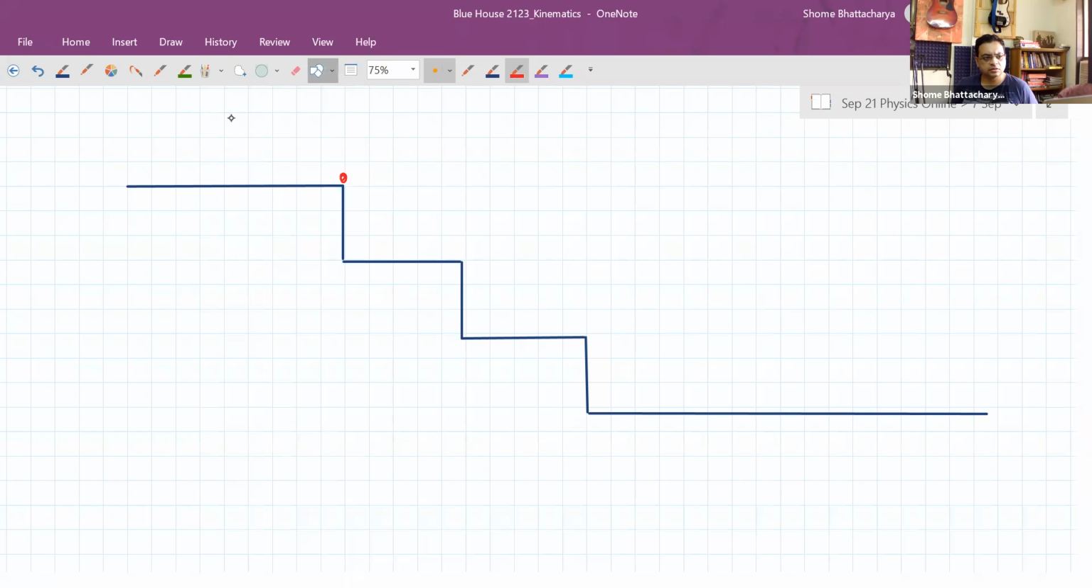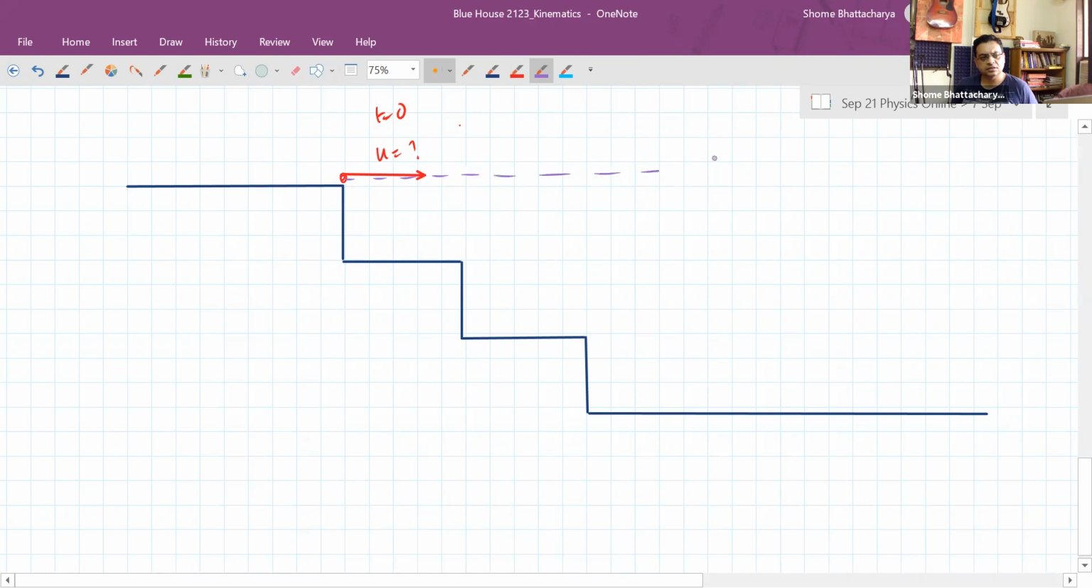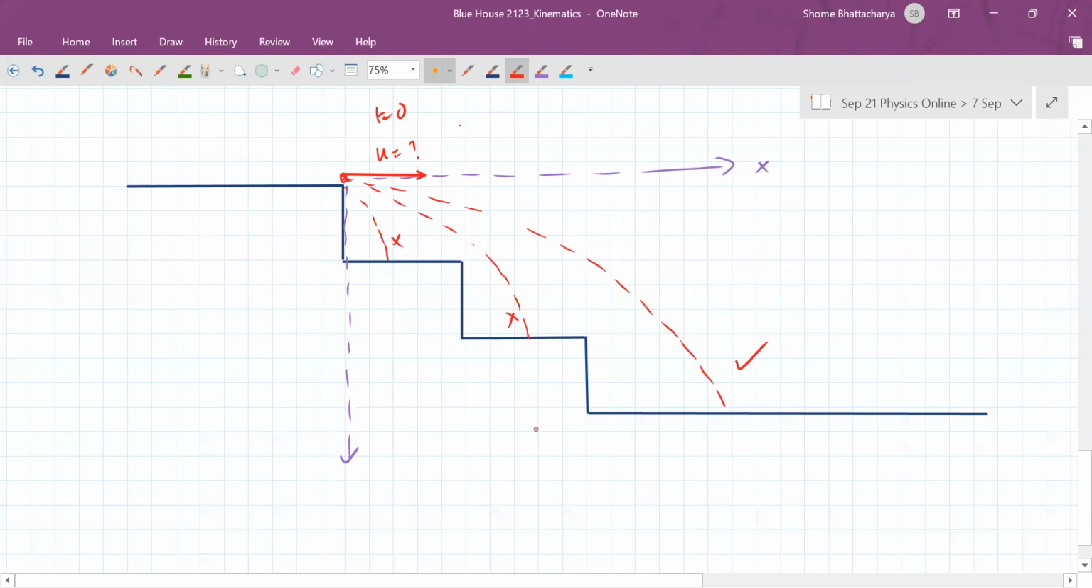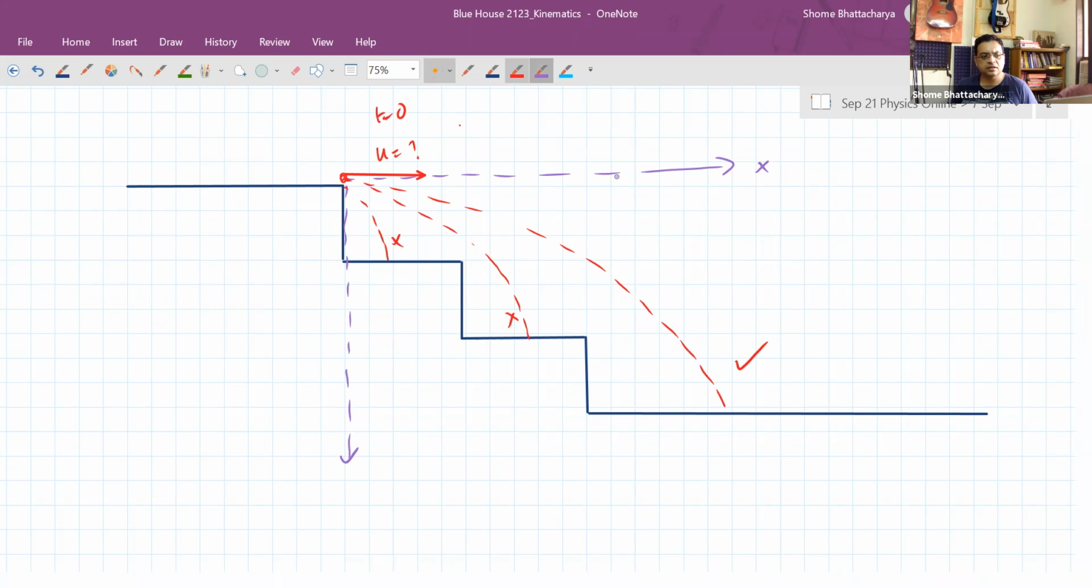So I've projected at a speed u like this at time t equal to 0. Now let me take this as my x-axis and this as my y-axis. So what I want is a trajectory which is like this. This is the trajectory I want. This is not the trajectory I want. This is not the trajectory I want. So you can see that when it is at this point here, let's say this point, its x coordinate should be greater than,